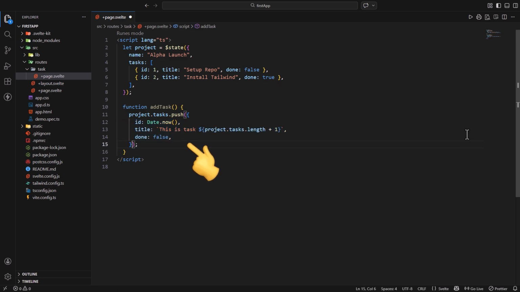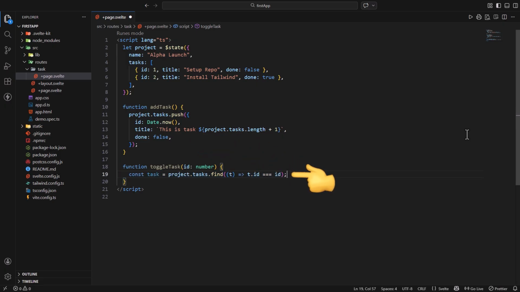In older versions of Svelte, this wouldn't trigger a UI update because the variable reference didn't change, but in Svelte 5, the proxy handles this mutation perfectly. Then create a toggle task method which takes an ID of number type as a parameter. In it, we find the specific task object within the array using the find method, and then use the if statement to check if the task is found and flip its done property. Because the state is deeply reactive, Svelte knows exactly which checkbox and which text span needs to change without re-rendering